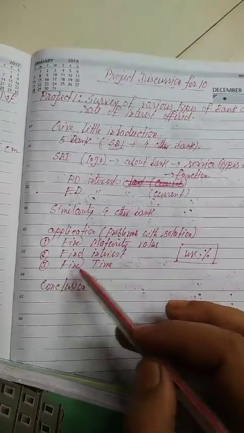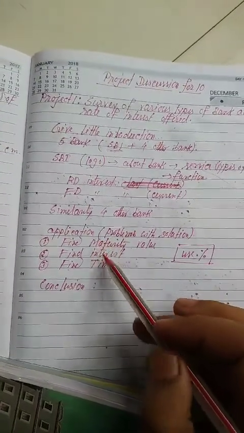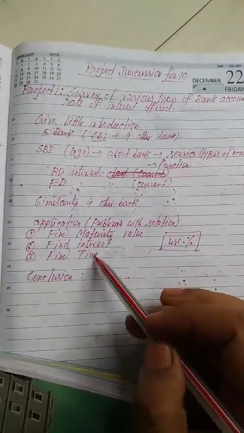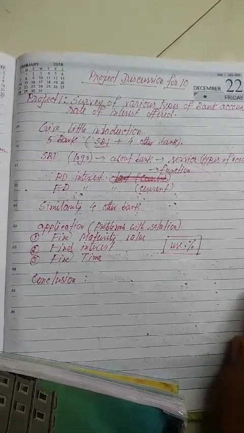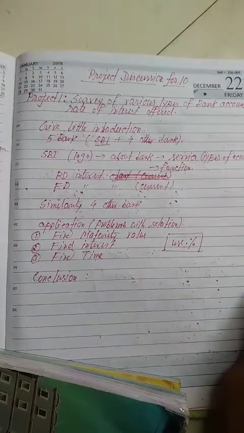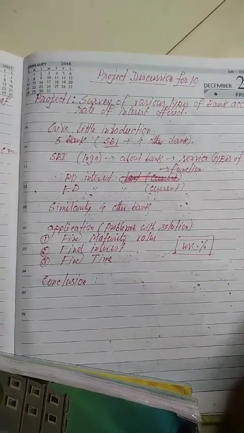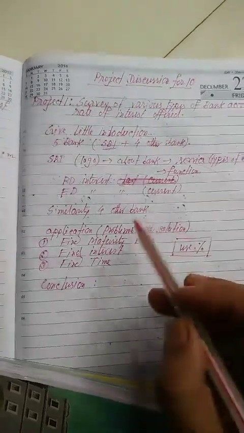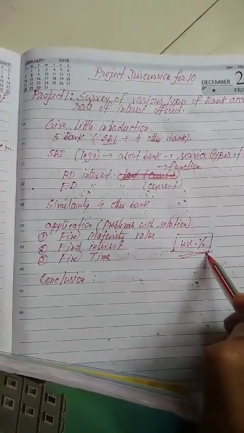And one sum you will choose where the question is find the time. So 3 problems you will choose where 3 items we have to calculate. And in the banking chapter, sometimes it is given rate of interest is 10%, rate of interest is 9%, all are RD rate, but now no bank is giving 10% RD rate. So when you make the problem, always use the current rate of interest.